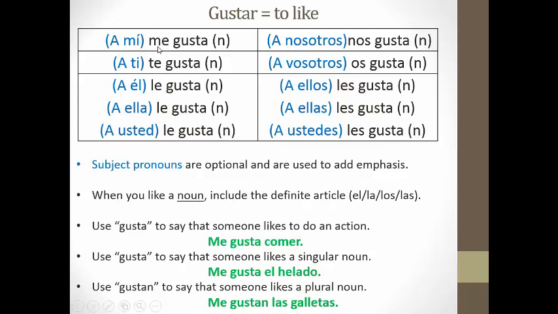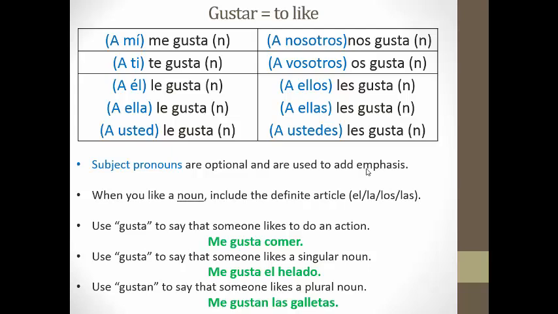Another thing to remember, bullet point number 2: anytime you say you like a noun, I like chemistry, I like apples, I like the sunshine, whatever it may be, you have to include that definite article, el, la, los, or las, even if you don't hear it in English. For example, if you're saying I like pizza, in English we don't hear the, but you have to have it in Spanish. You have to say me gusta la pizza. Make sure you filled out that whole section 1 on your note guide about the verb gustar.